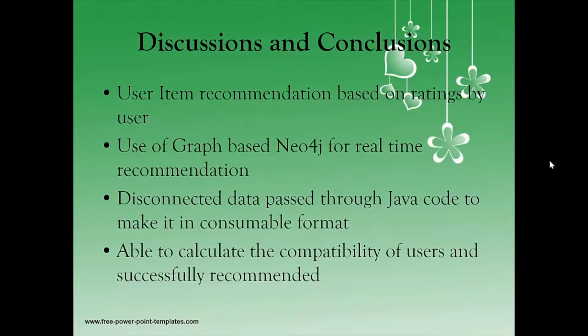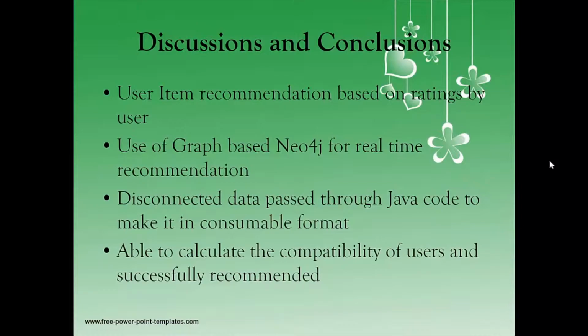Hi, my name is Molin and I'll walk you through discussion and conclusions and project plan and task distribution for this project. The first decision we made was moving from conventional user recommendation to user item recommendation based on ratings provided by the user. With the datasets which we got, we could have only generated the user recommendation, and that too the recommendation would be pre-computed and not the real one.